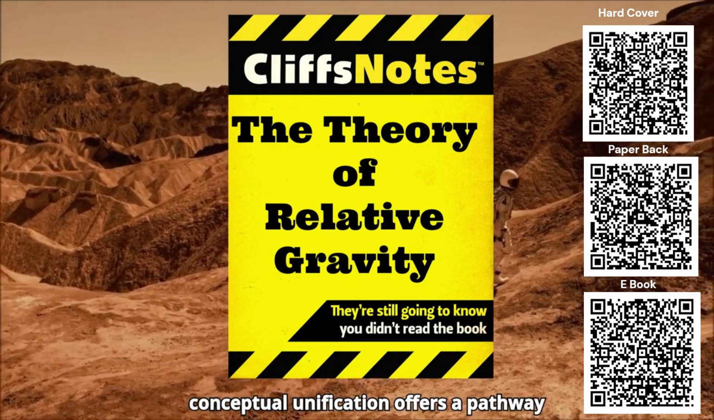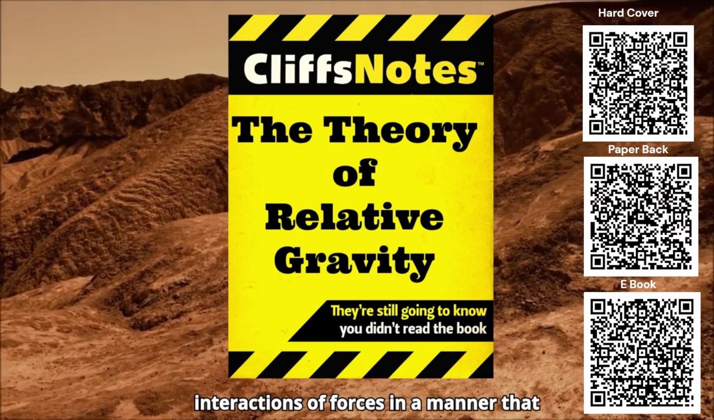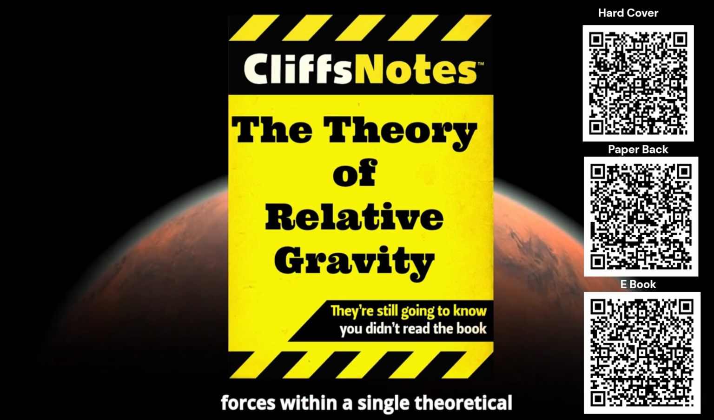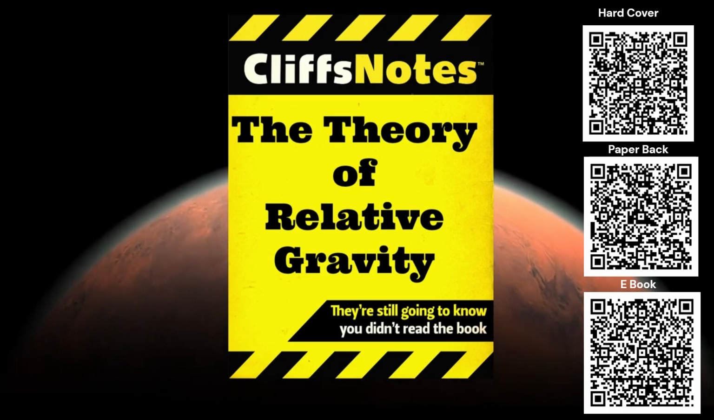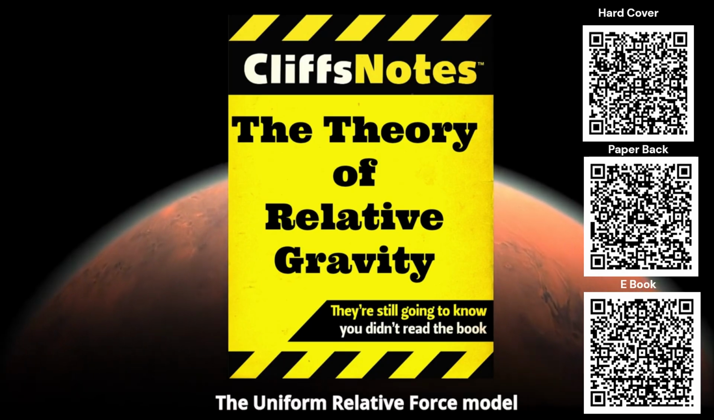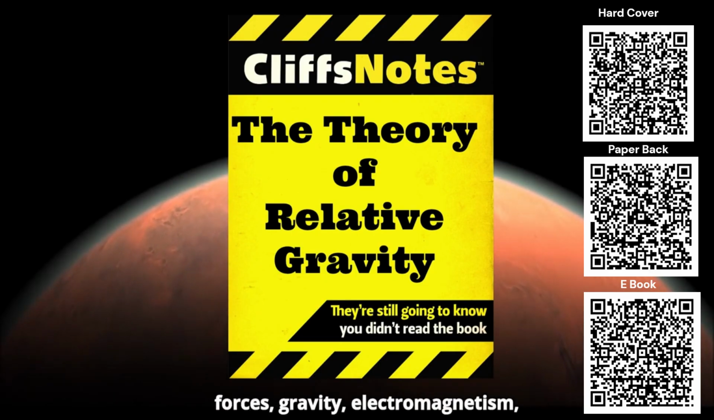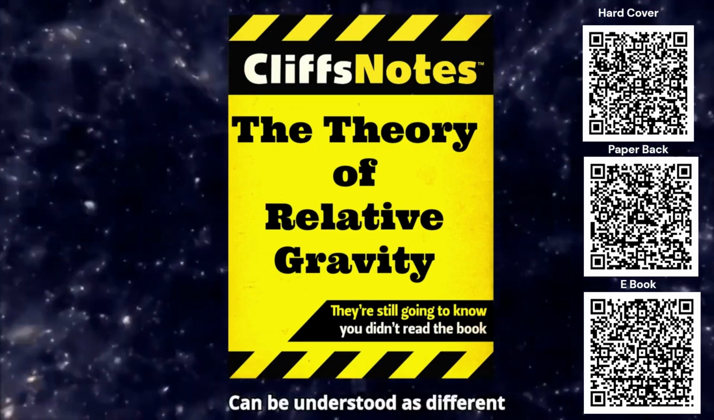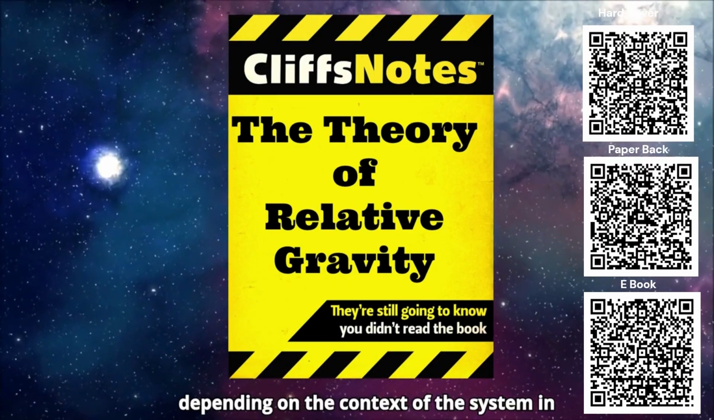This conceptual unification offers a pathway toward understanding the cosmic scale interactions of forces in a manner that may eventually help reconcile different forces within a single theoretical framework. Conclusion. The Uniform Relative Force, URF model, suggests that the four fundamental forces, gravity, electromagnetism, and the strong and weak nuclear forces, can be understood as different expressions of the same underlying force, depending on the context of the system